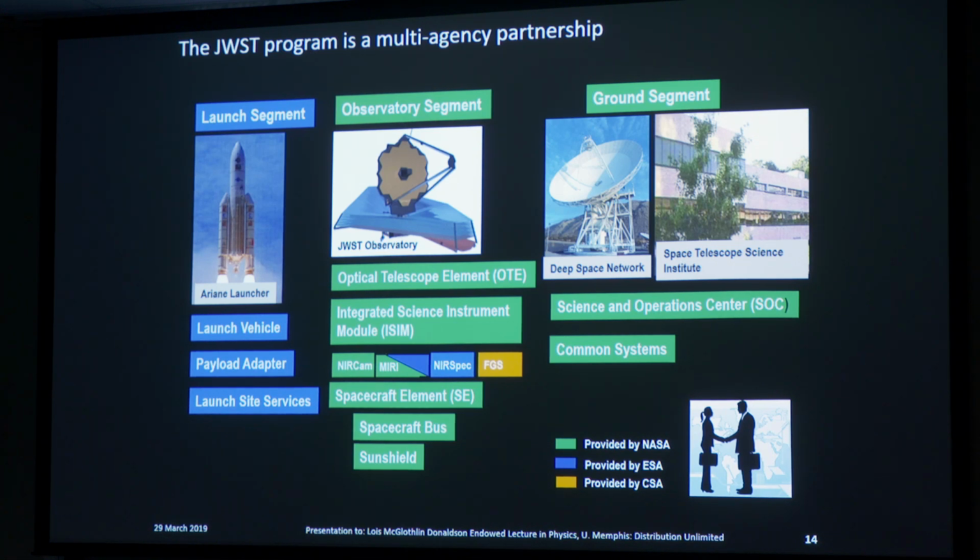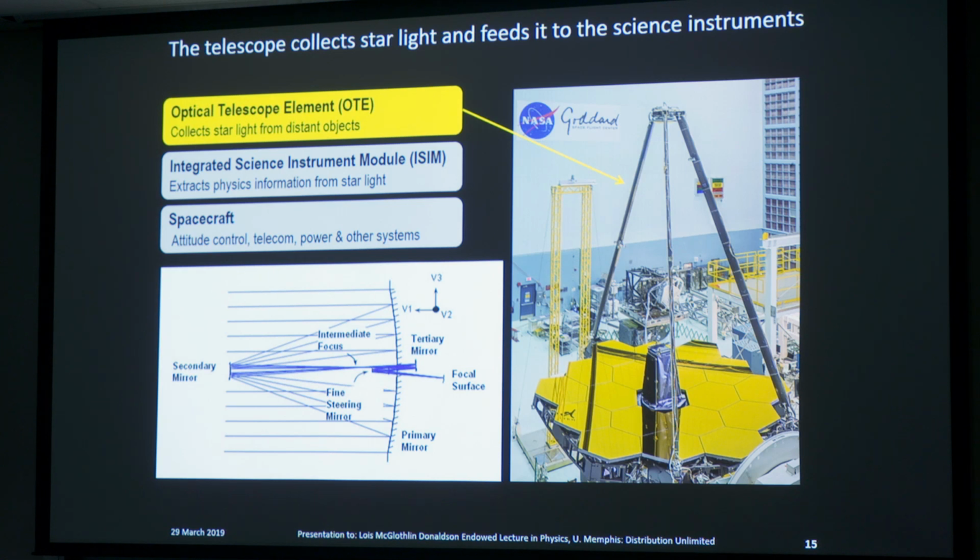It's the most expensive science project that the US government has ever done, and it's too big for any one agency to do. So the JWST is an international partnership involving the European Space Agency, who is providing the rocket and 1.5 science instruments, and the Canadian Space Agency, that is providing the fine guidance sensor that helps us point the telescope, and then NASA is doing everything else. And the observatory will be operated from the Space Telescope Science Institute in Baltimore, Maryland.